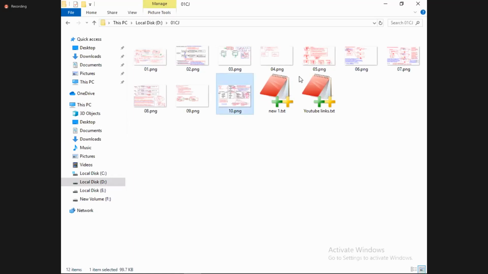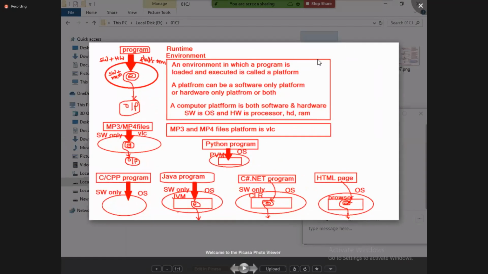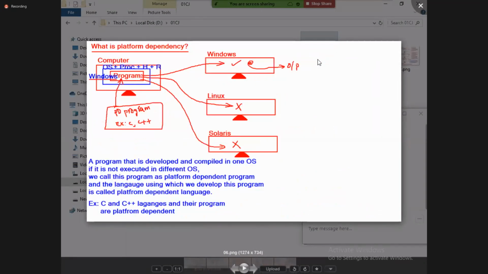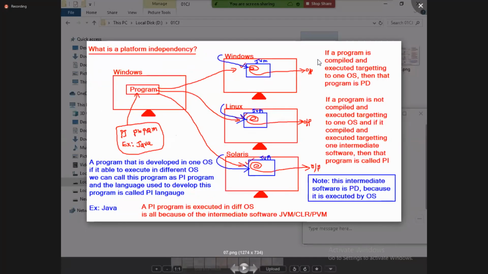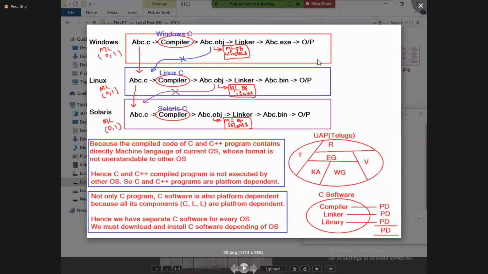Right. Yesterday we discussed platform. First point, we discussed platform. Next, we discussed platform dependency. Next, we discussed platform independency. Then we discussed why C and C++ languages are platform dependent: because the program is compiled targeting one OS. Their program is compiled targeting one OS. That's why